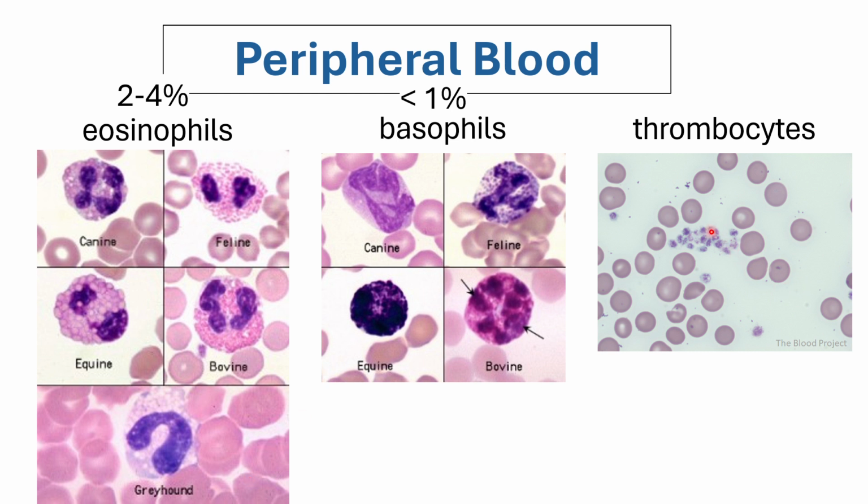For the thrombocytes, basically they are like fragments of the cells of your megakaryocyte, but of course, you're not supposed to see the actual megakaryocyte in the peripheral blood smear because the megakaryocyte remains within the bone marrow. Okay? It is only the thrombocytes which will travel and become platelets in the bloodstream. So as you can see, this is your RBC and they are even smaller than the RBCs. Okay? And they are very, very few. They do not even make up 1% of the total blood cells. Just 0.15%. Okay? Imagine, even less than your basophils.